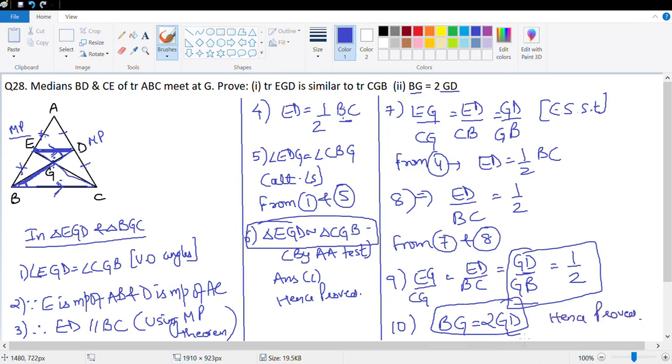Very interesting. Use the property or the theorem that we did earlier. This can also be proved using similarity, but I thought that this would be easier understood and simpler done using the midpoint theorem. Good. Let's look at the homework question. The homework question for you would be question number